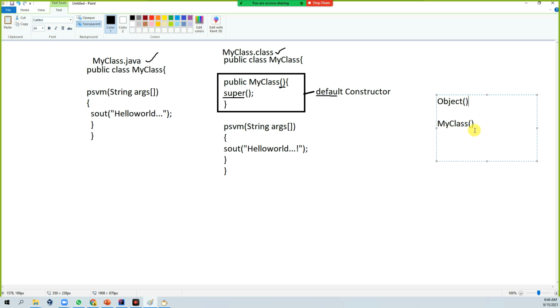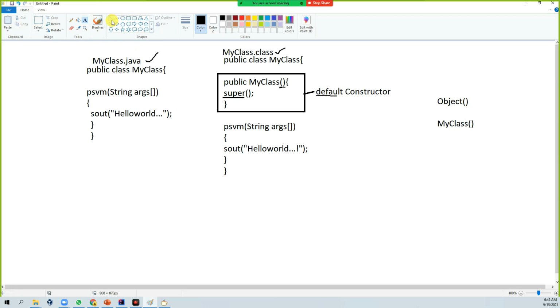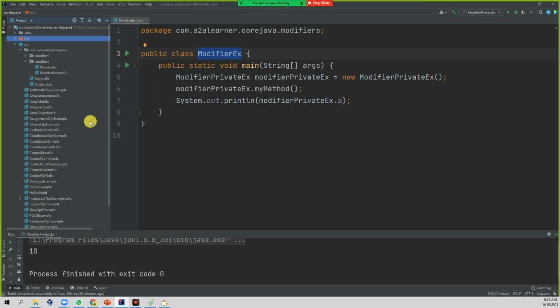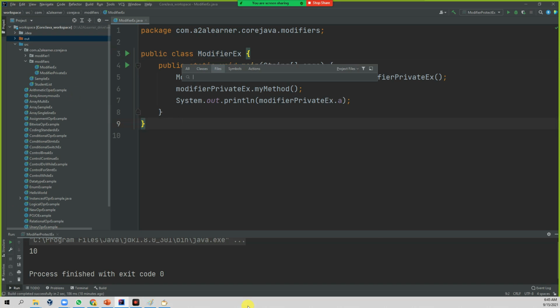That means if you write any class, the parent is the Object class, which is the parent of all classes. This is a parent and child relationship. So super() here means calling the Object class constructor in my class. Let's come back to your program here and see that Object information. I'm just opening the Object class.